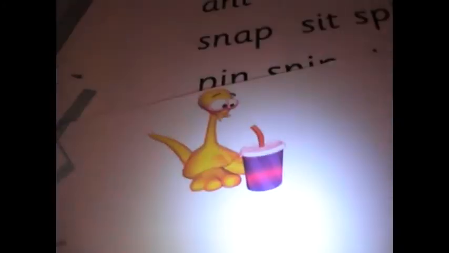We've got snap, pants or pant, sit, tap, tap again, he's tapping his foot. So again, you can talk about some words that have different meanings. Pin, pants, snap, snapping his fingers, tin, sip,